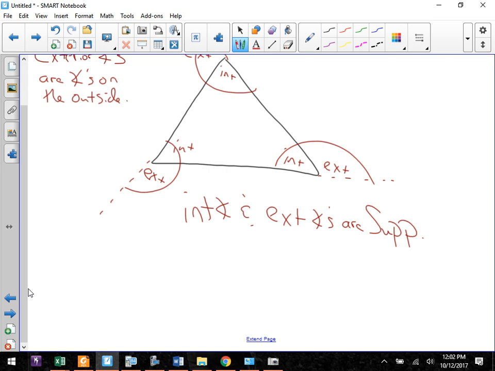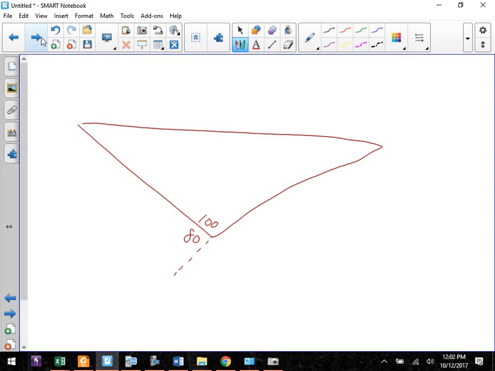Can you have interior and exterior angles on any polygon? Yeah. Yep. And that's something we talk about. I'll show you an example out here in a little bit. Now, one of the things that happens here when you're talking about interior and exterior, if I go back to this example here,